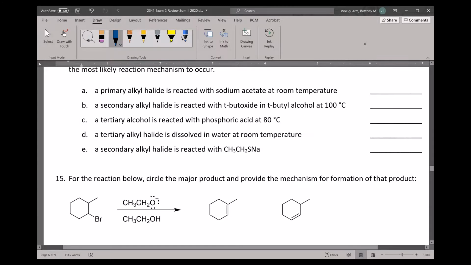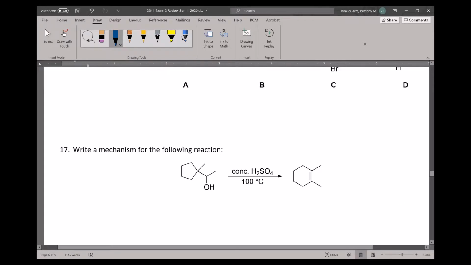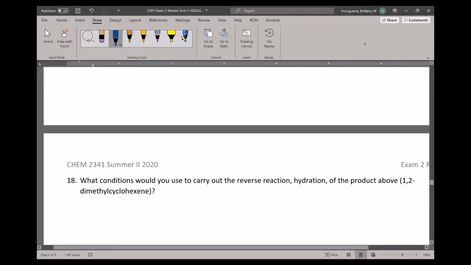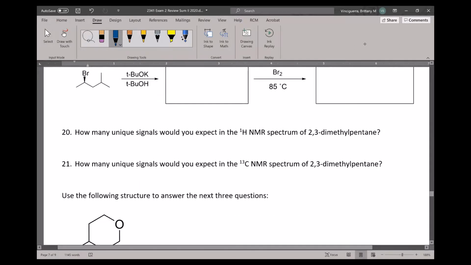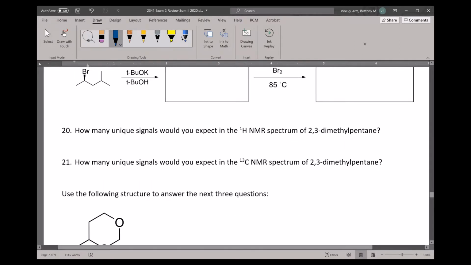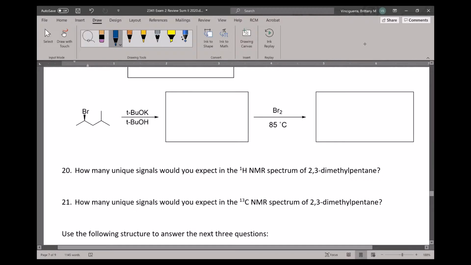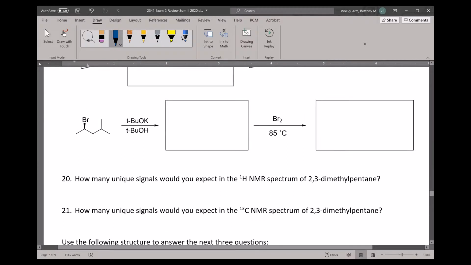Okay, I think we should skip down. I got a bunch of good practice problems. We should skip down and talk about some NMR stuff for a little bit, because there will be questions like this. So for this question, you're not actually shown the structure. You have to draw it yourself. So for